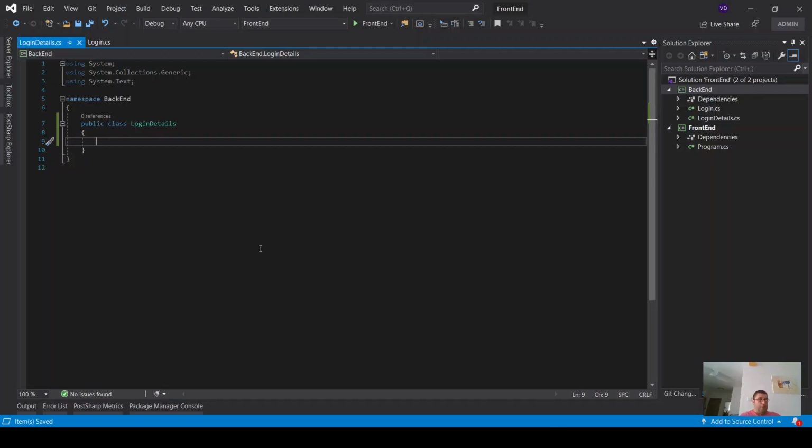At this point, what do we have right here? So the login details obviously consists of information, or a collection of login information, right? So we could have many usernames and many passwords for different people in a business organization, right? So when building software, obviously we have to consider